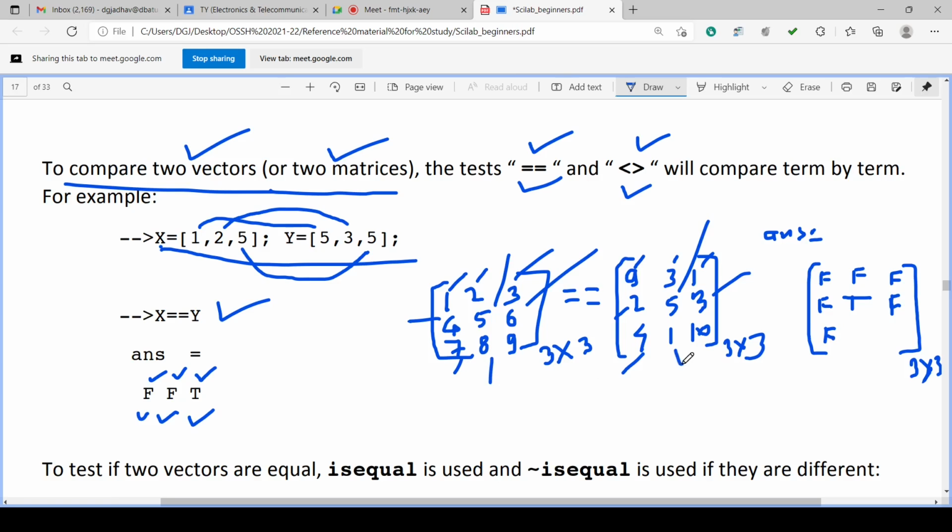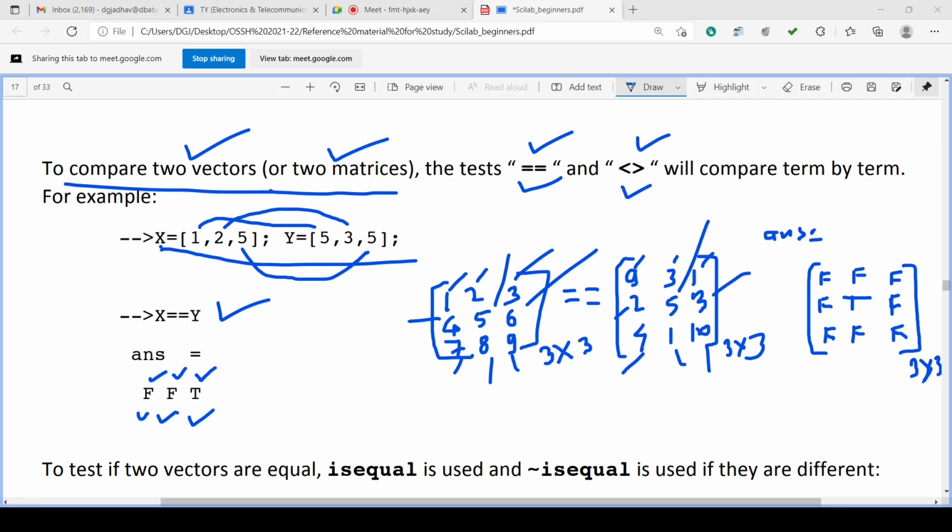Third row, second column not matching, false. Third row, third column not matching, false. This is the answer. This is the process for matrices comparison.